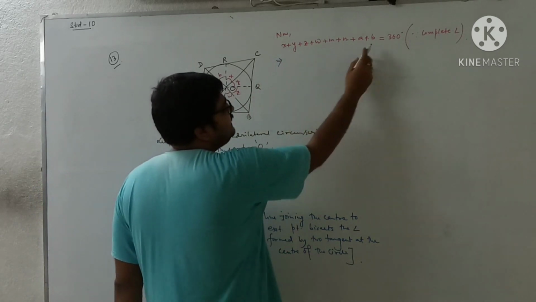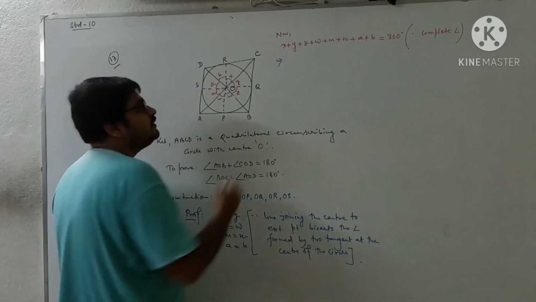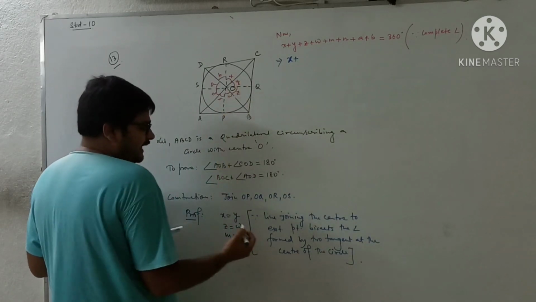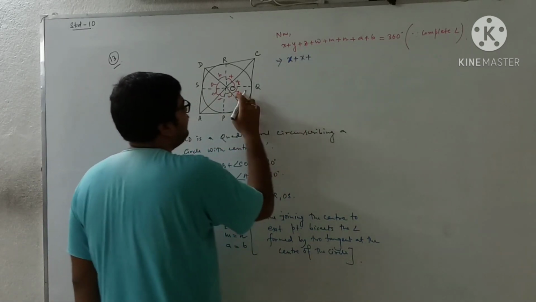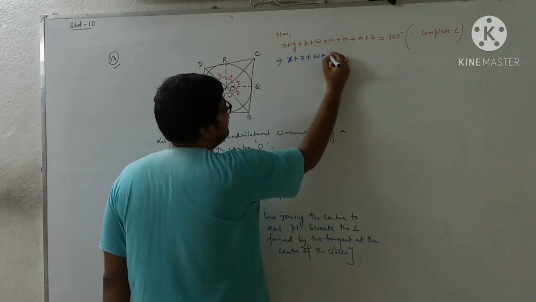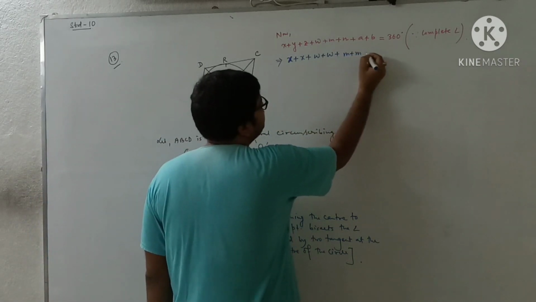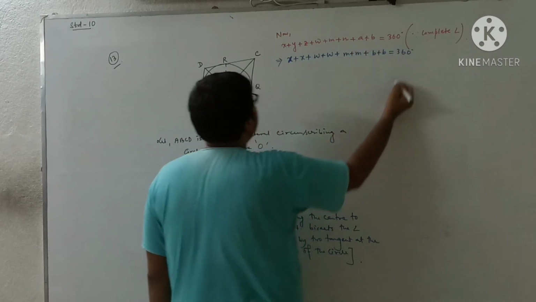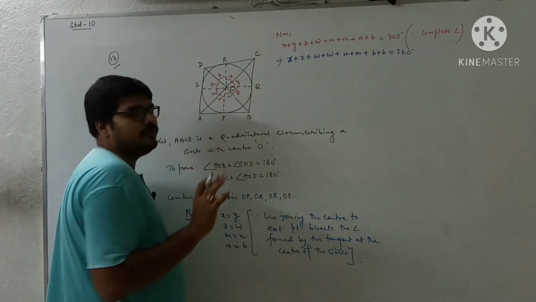So whatever the angles are there, I want to convert all of them in terms of X, B, M and W. Here X is there, I will not change. Y is equal to X, already proved, so Y you can write as X. Now Z I cannot keep, I have to keep W. Z and W are equal, so Z can be converted to W. This W we are keeping as usual. M and N are equal, so N can be converted to M. A and B are equal, so A can be converted to B. I want to keep only the angle names X, B, M, W, then only I can get COD and AOB added together.